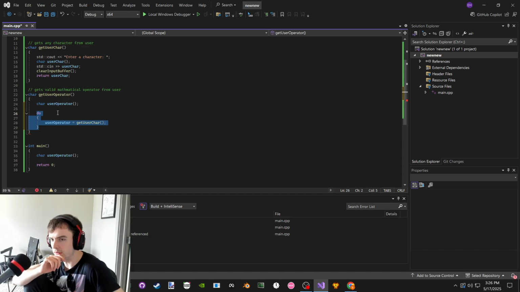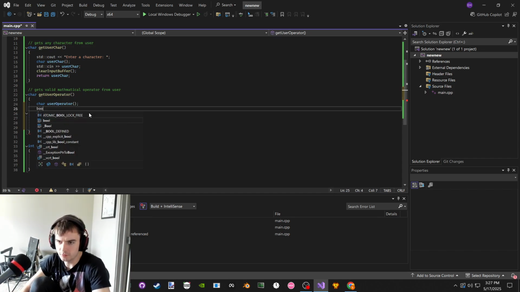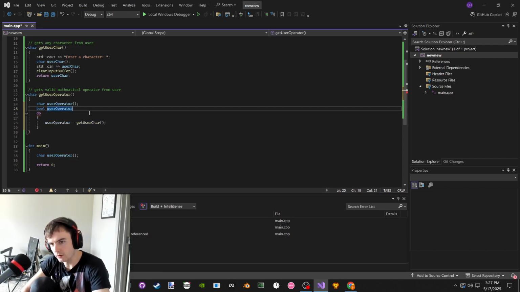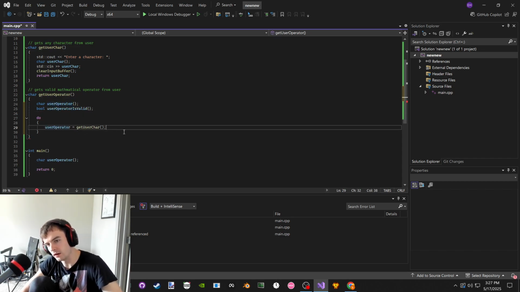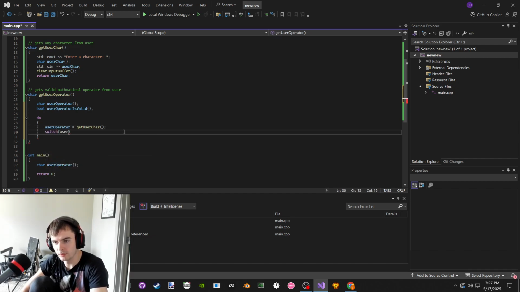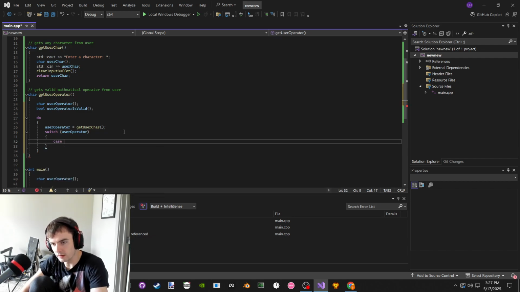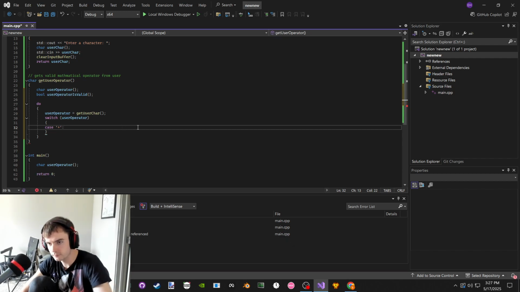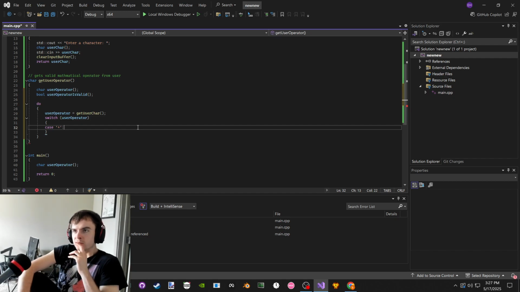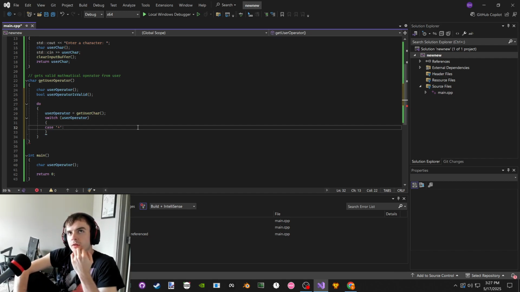So we could have a boolean. This is too much. Bool user operator is valid. At first it's not valid. Then we'll assign it a value, and then we'll switch on the user operator, and then we'll say case. There's this. And we want fall through on purpose, so we could say